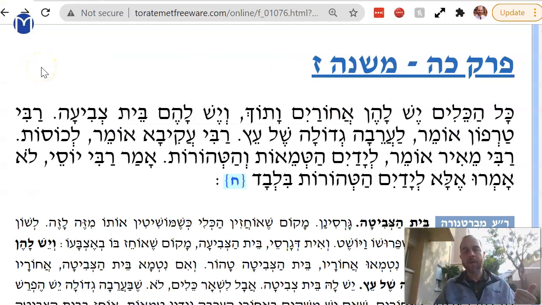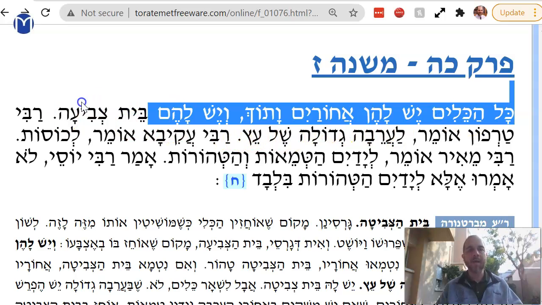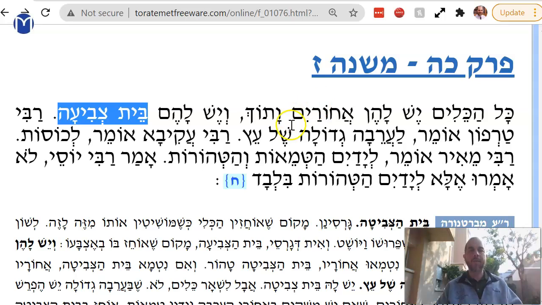And the idea being, and we're going to see, it doesn't go one way or two ways. If there's tamei liquid on the outside, does it make the person holding it tamei? Or if the person didn't wash his hands, which was very common, he would have yadayim misav, hands that are tamei, tumaat yadayim, impurities of the hands, and then they would touch the basket. Does it make the whole basket tamei? Rabbi Tarfon says this rule of Beit Tzvitah only applies to the Ariva Gdola, this big wood basket.